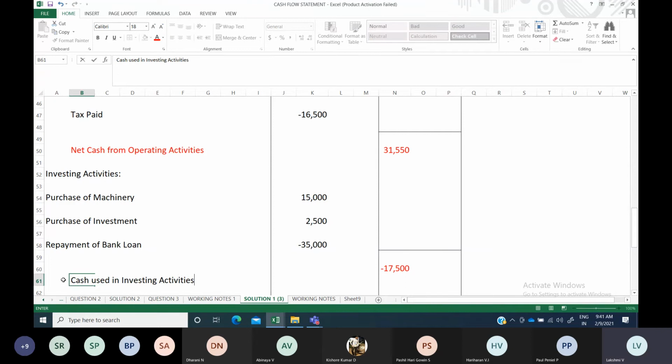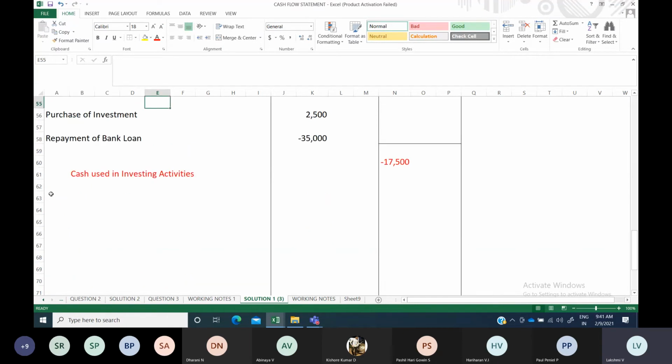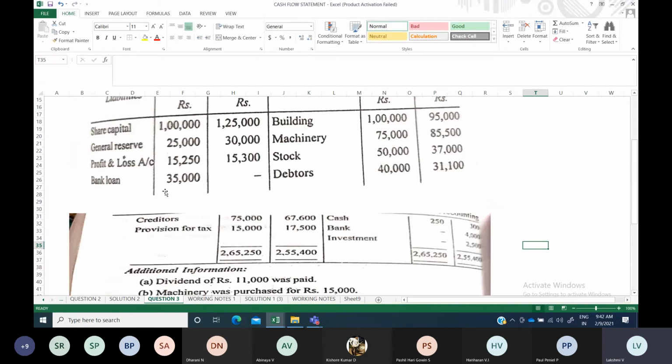Okay, so you can highlight this also. Now the third thing is financing activity. Under financing activity, if you are going to issue shares or debentures, or redeem shares or debentures, anything like that will come under this place. If it is an issue, it is an inflow. If it is a redemption, it is an outflow. So you can check with the question and then find out.